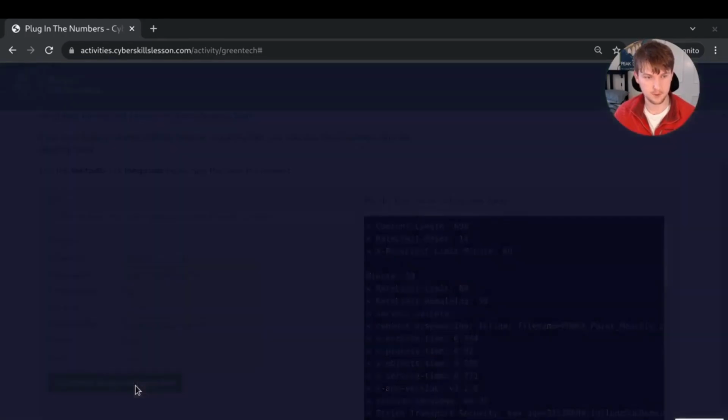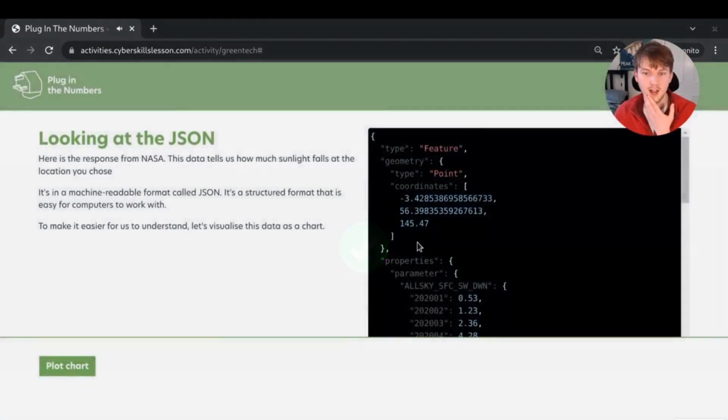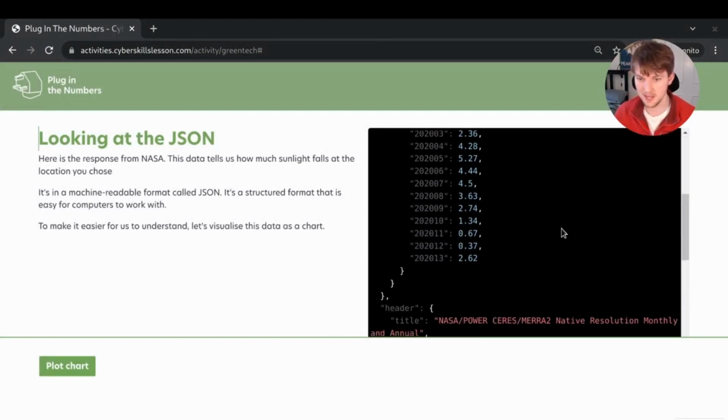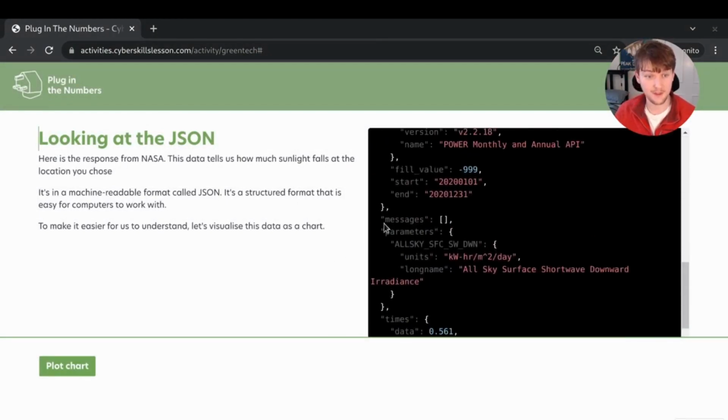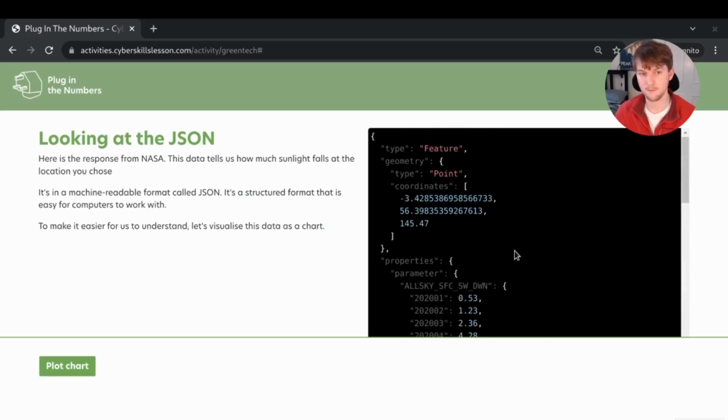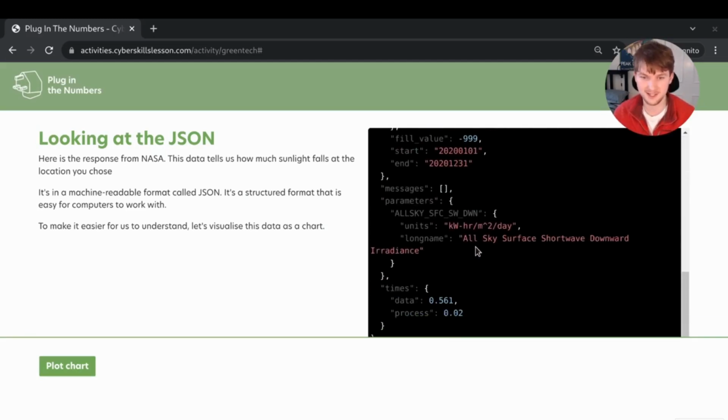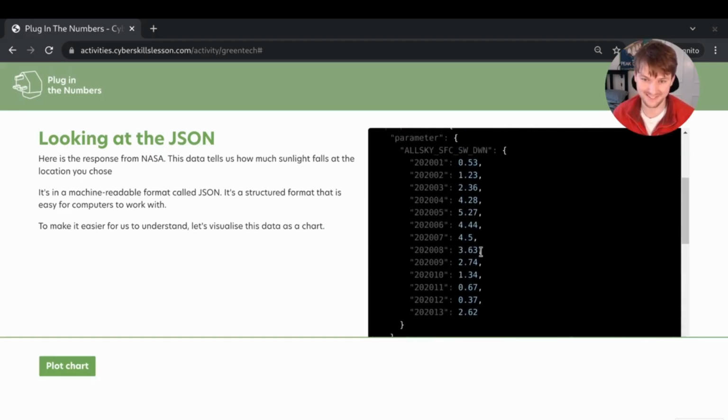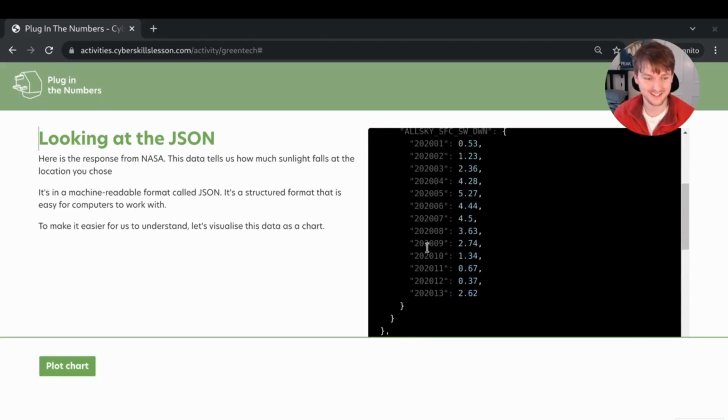So continue, response. And this gives us the data in something called JSON, which is a special kind of file format that computers like to read because it's easy for them, but it's not particularly easy for me or for non-computers. So if we click to the next section, we are able to plot this chart,